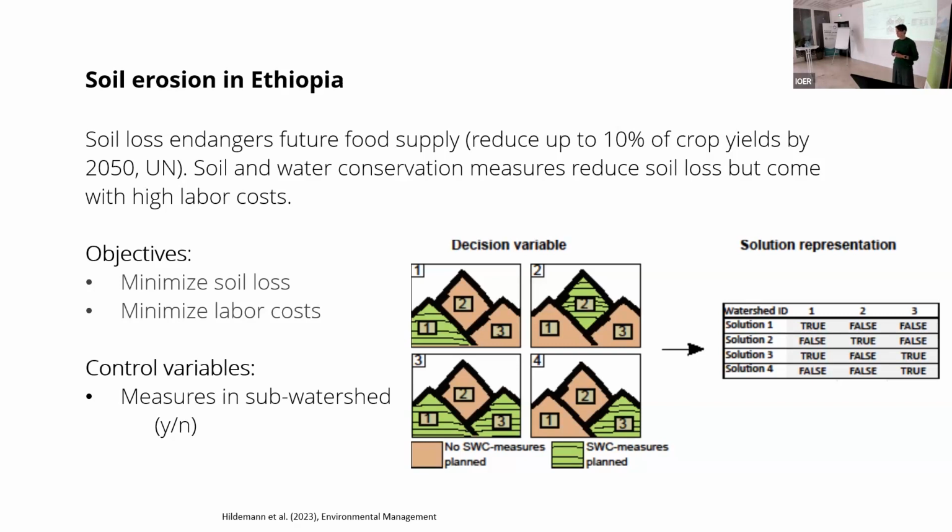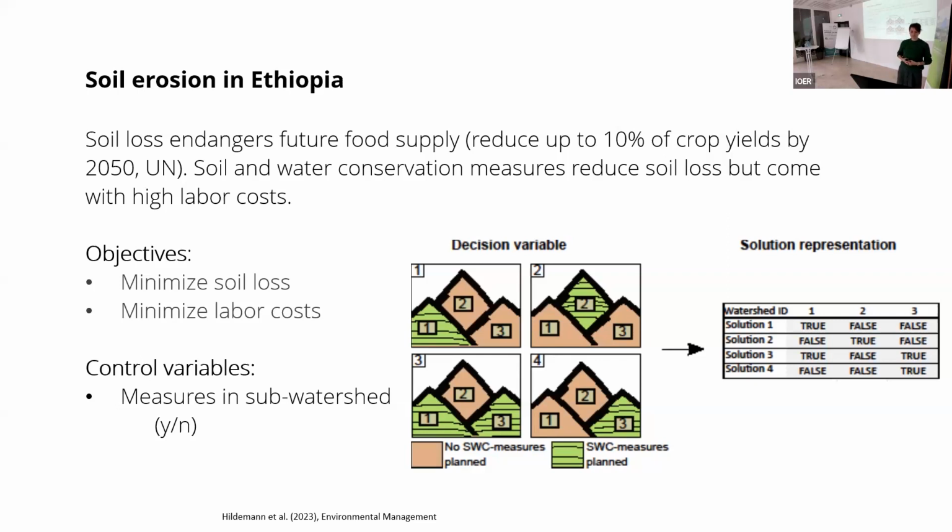And what you could do to try to prevent or at least reduce this soil loss is soil and water conservation measures. However, of course, these come with certain costs. And these costs are especially relevant in countries where they don't have a large budget to implement such measures. So this is a spatial optimization case study where we look at 2 conflicting objectives, namely minimizing soil loss and minimizing labor costs. So we can already see that there will probably be a nice Pareto front between these 2, where we can see all